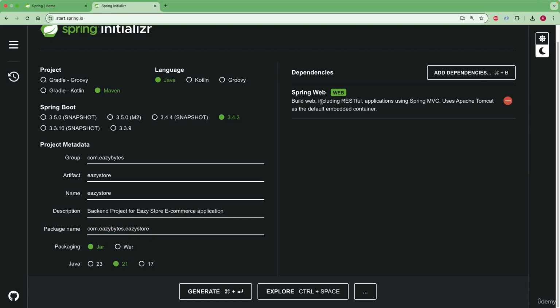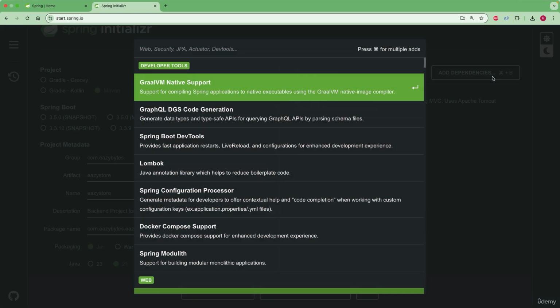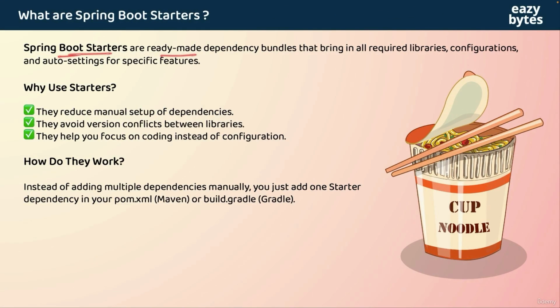The Spring Web dependency that we have added in the previous lecture is not a normal Maven dependency. All the dependencies that you see on this page, we call them Spring Boot starter projects. Let's try to understand what these Spring Boot starter projects are and how they are different from a normal Maven dependency. Spring Boot starters are ready-made dependency bundles that bring in all required libraries, configurations, and auto settings for a